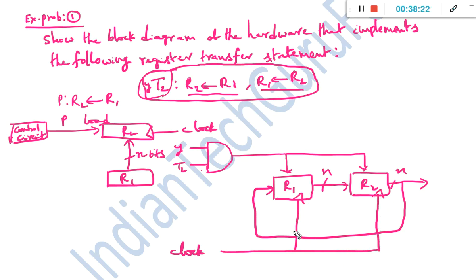Okay. So we can draw a block diagram like this also, or otherwise at a particular time, if either the Y value or the T2 value is considered, then we can replace the AND gate with an OR gate. Okay. So there is no specific implementation. Accordingly we can change, but we need to remember that there are two control variables, Y as well as T2, and we need to perform the register transfers from R1 to R2 as well as R2 to R1. These must be implemented in any block diagram you are going to represent.